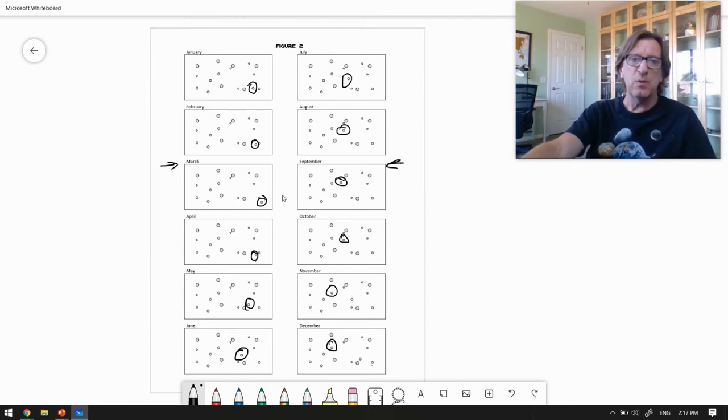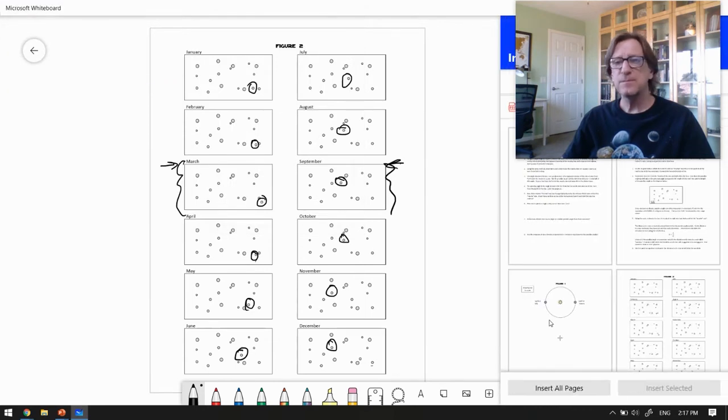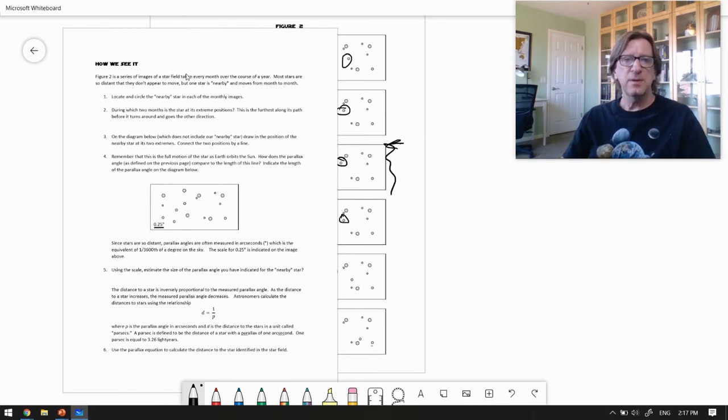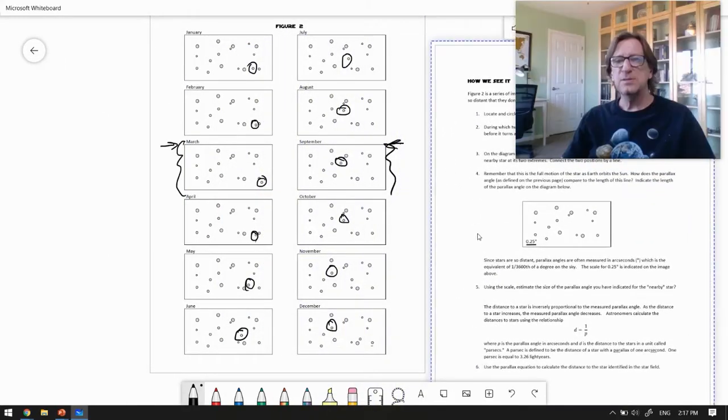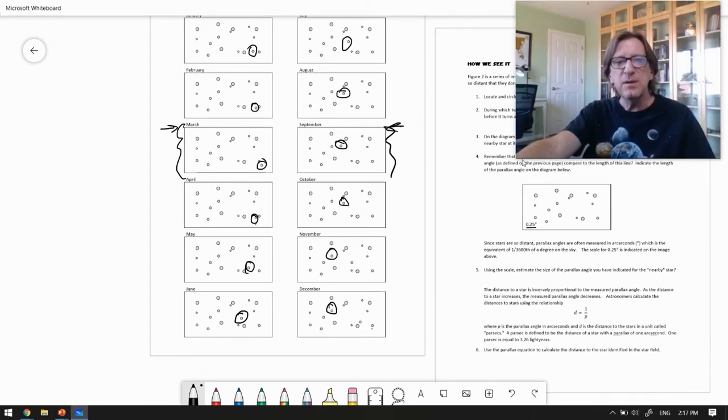So I want to plot it where it appears in this month and in this month. So let me bring up that page. We're going to bring up this one right here. And so we're going to plot on here where it was. So our first one ended up to be right about here, maybe. And then our next one ended up to be right about here. And hopefully you can be more precise than I'm being right now. Okay, so that's the parallax shift.